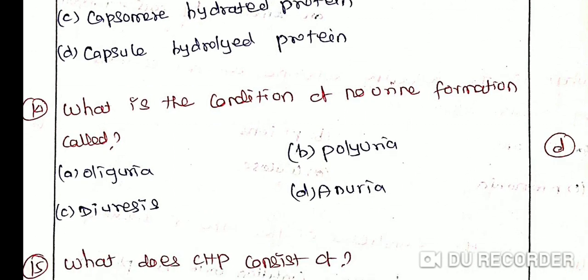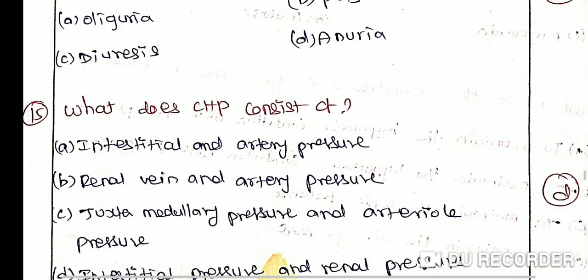What is the condition of no urine formation called? Option A, oliguria. Option B, polyuria. Option C, diuresis. Option D, anuria. The correct answer is option D, anuria. Explanation: the condition of no urine formation is known as anuria. The condition of less urine formation is known as oliguria, while extensive urine formation is known as polyuria. Next question: